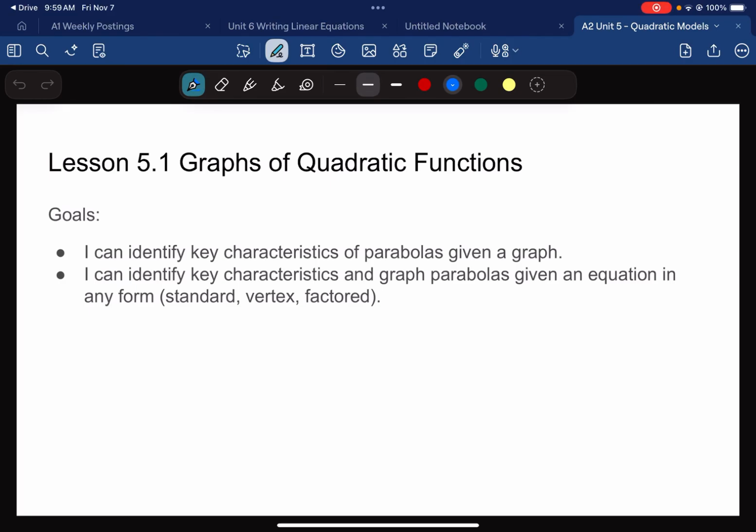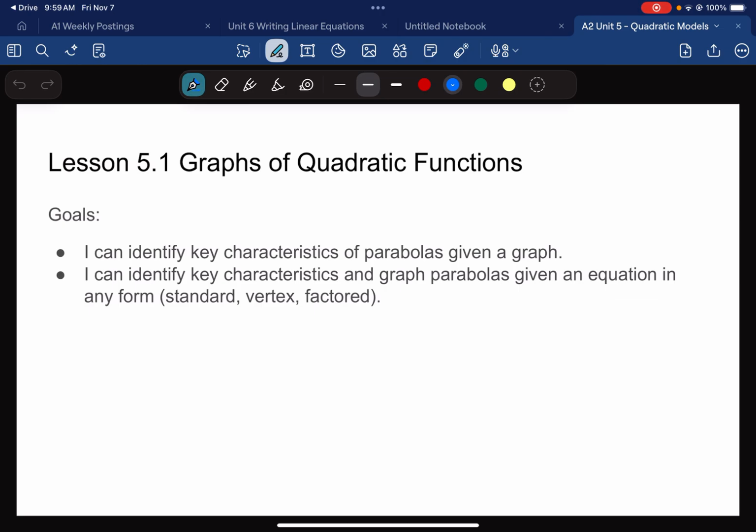This is lesson 5.1, graphs of quadratic functions. We have two goals. The first one is mainly a refresher from Algebra 1. I can identify key characteristics of parabolas given a graph. And then the second one is more Algebra 2-ish, so I can identify key characteristics and graph parabolas given an